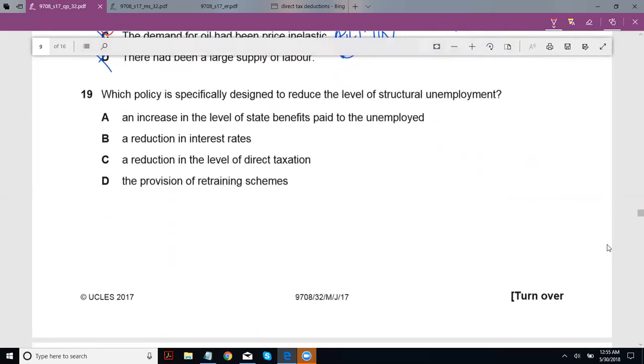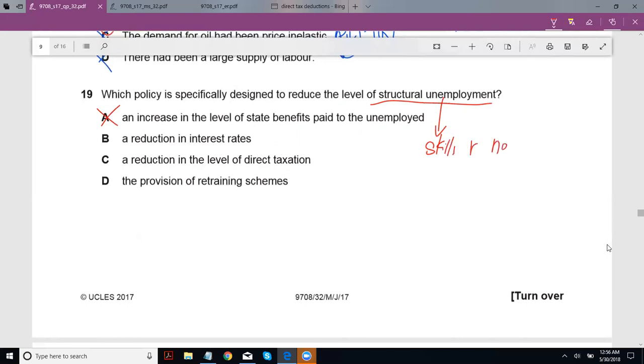19, which policy is specifically designed to reduce the level of structural unemployment? So again, structural unemployment is basically where, perhaps due to the economy undergoing structural changes or demand shifts, the skills of some workers aren't going to be required anymore, and until they retrain, they're going to be unemployed. That is structural unemployment. Okay, so how do you reduce this? An increase in the level of state benefits paid to the unemployed? No. You need to, again, understand that this is because their skills